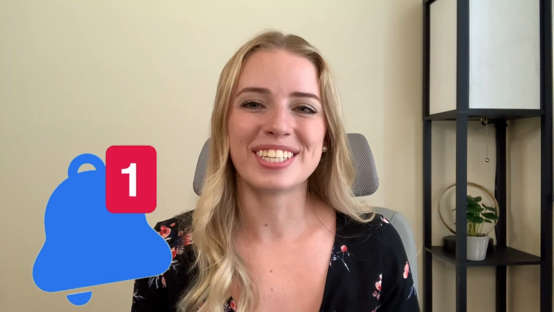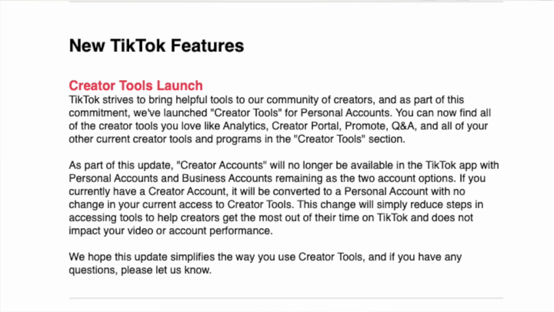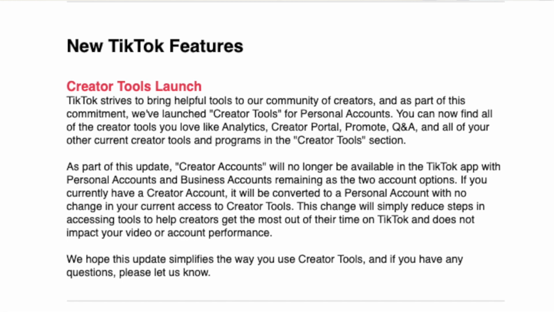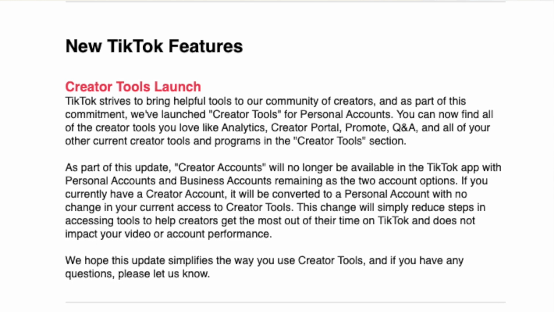And then I received an email notification and got the TikTok August newsletter, and at the very top of the email, it said this: TikTok strives to bring helpful tools to our community of creators, and as part of this commitment, we've launched creator tools for personal accounts.